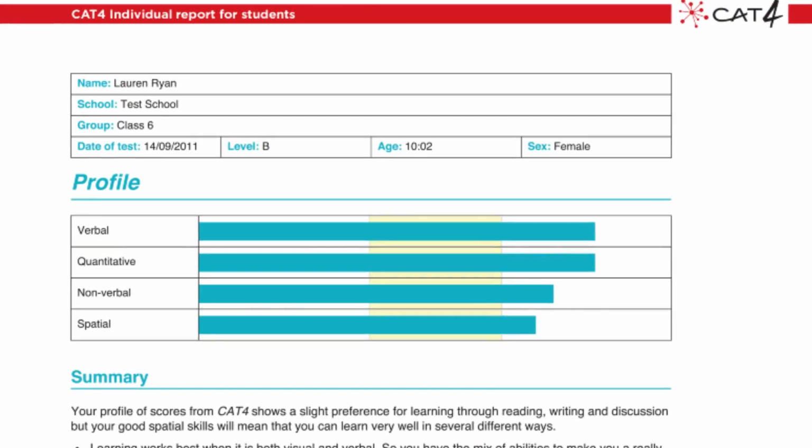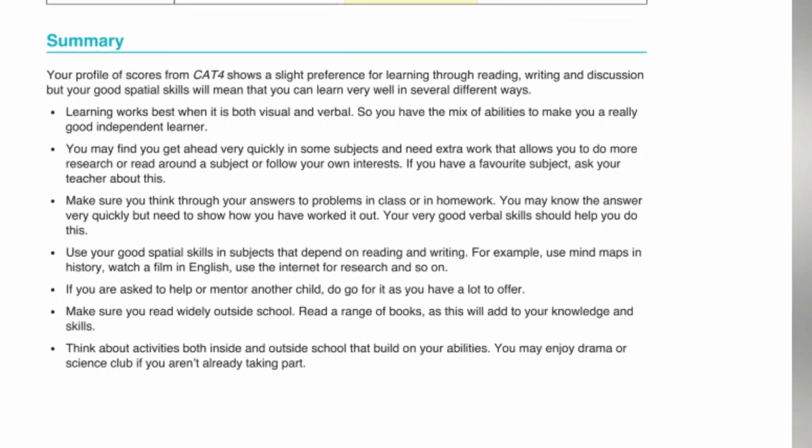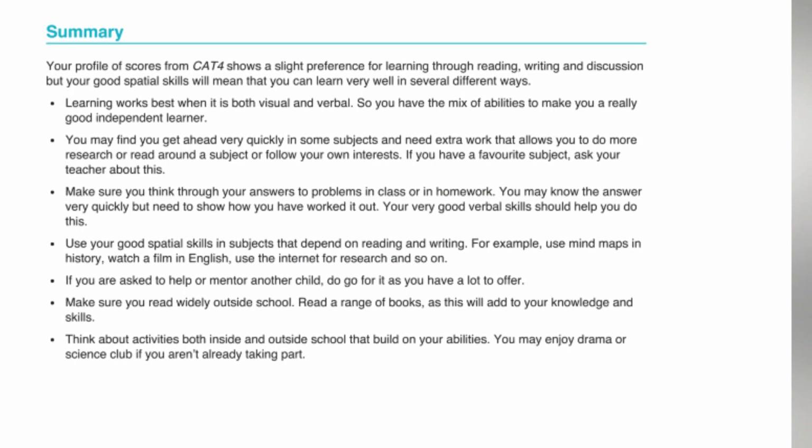CAT4 features reports for both the student and the student's parent or carer. Here, ability levels are given for the 4 parts of the CAT4. Bars represent the score level, but actual standard age scores and other statistical data are not given. The summary contains narrative generated from the student's learning bias and standard age score levels. It is written in a form suitable to suggest next steps and clear, helpful descriptions for the student, and in